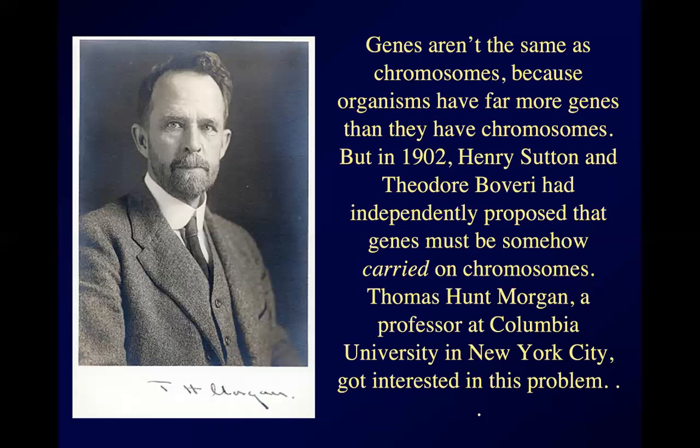But in 1902, a couple of people that I'm not going to test you on, Sutton and Boveri, came up with the idea independently of each other that genes were physically carried on chromosomes, that a chromosome must be not a single gene, but a cluster of genes, much as pieces of music can be physically carried on lengths of magnetic tape or compact discs or USB drives or what have you. Genes are physically, whatever they are, their physical